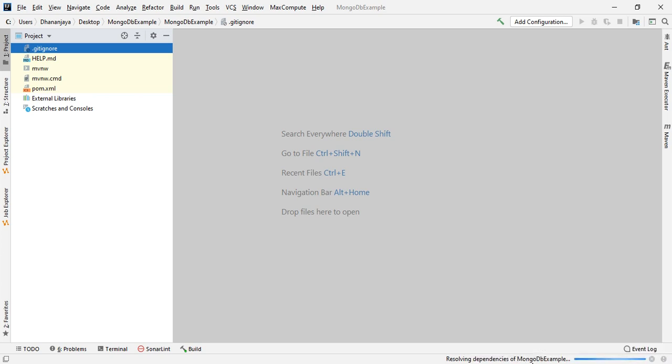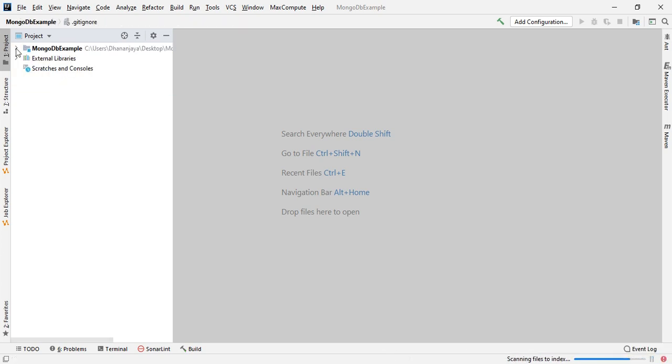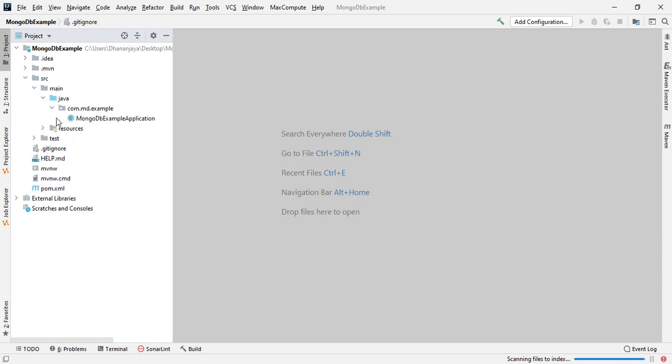Maven is downloading the dependencies. Okay, now the project got created here. So now we have the main class.